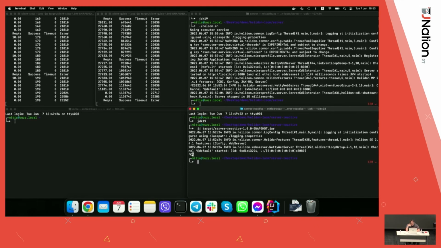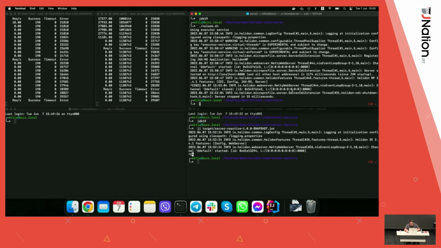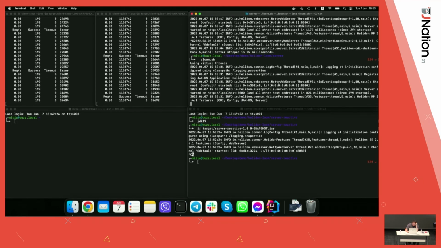Now we stop it. But once again, we are enterprise developers. We don't like breaking our hands with reactive. Yeah. We want some magic to happen and everything suddenly to start working. Well, let's do this magic. So we will run something which, with just one variable, changes the executor to virtual threads. And here you can see the magic actually happened. So it's the very same code in Helidon. It's absolutely the same. It's blocking code. But as we put it through the virtual executor,